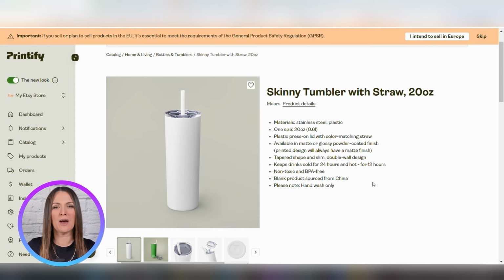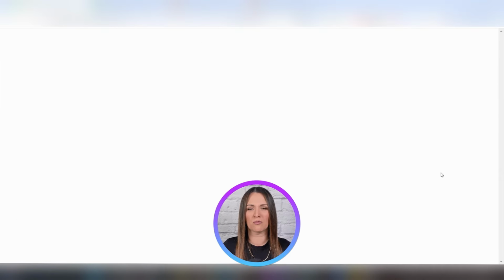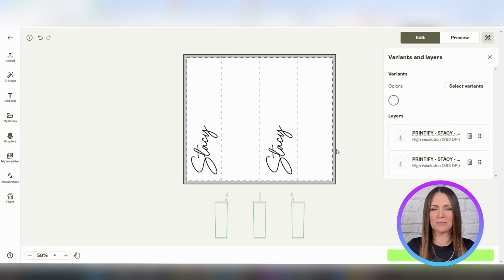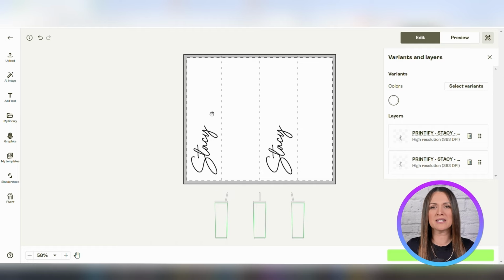So I'm going to show you how to create a product like this by choosing this tumbler from the catalog right here. And I've already created a design using Canva that I'm going to upload right here. You can get the exact dimensions that you need to use for your design in Canva by looking right here in the Printify editor. And here you can see I created something similar to the six-figure tumbler with the name